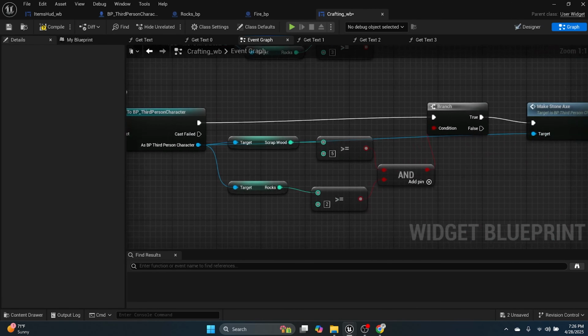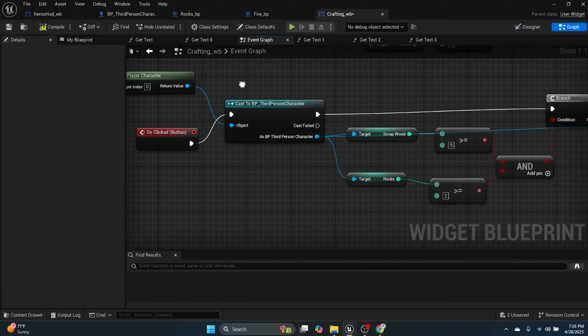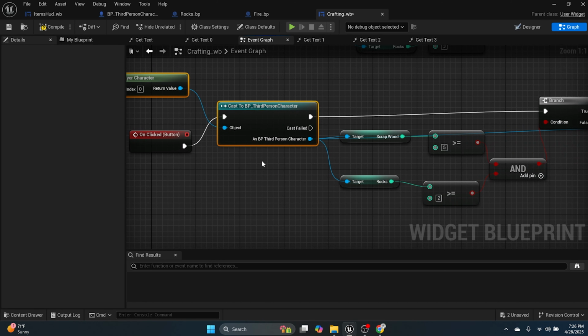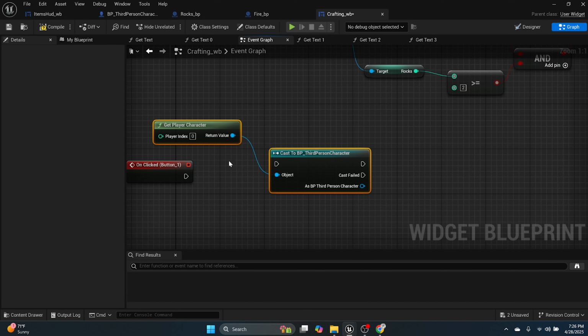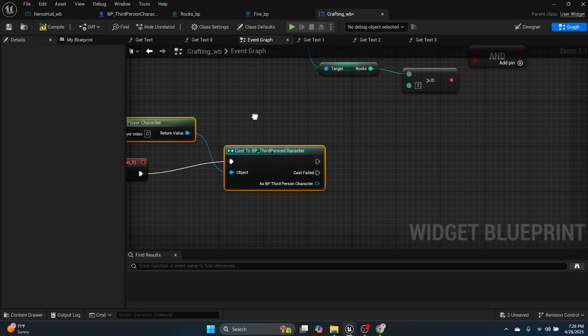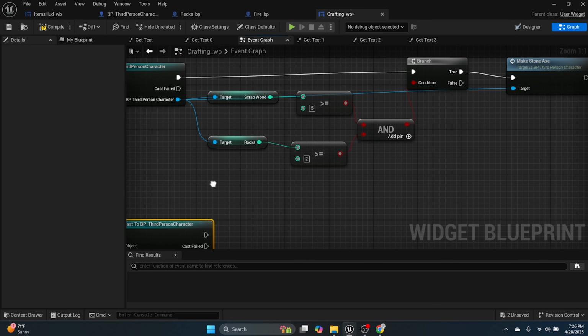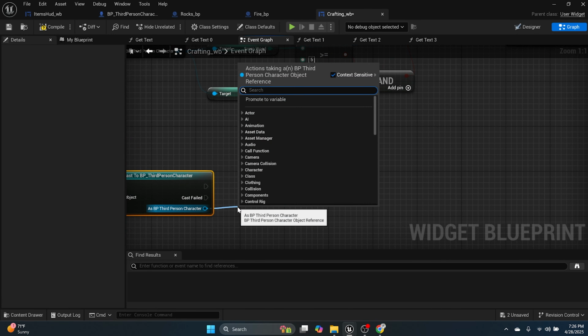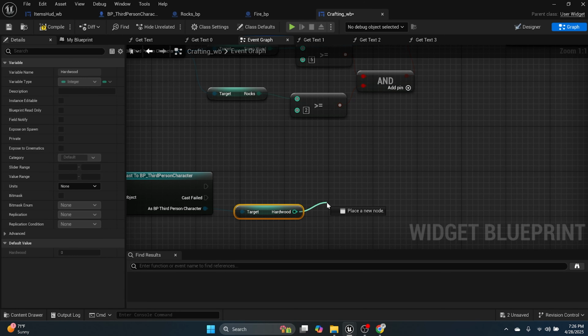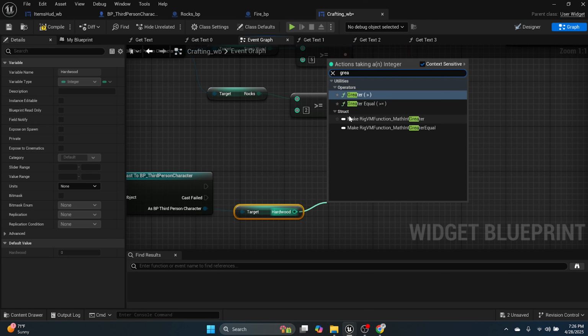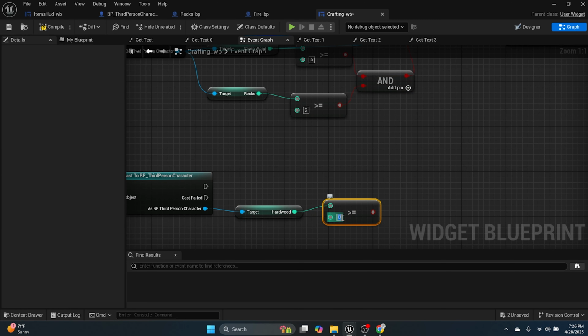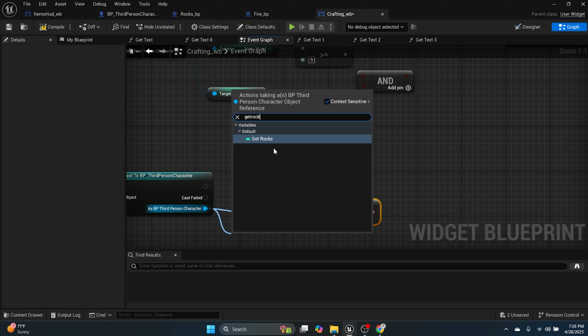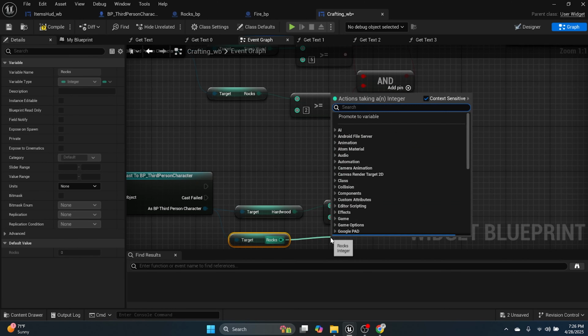Now, notice the other ones up here, it's pretty much the same thing. So copy this, so cast to the third person character, get player character. This time we need to see what he needs for that fire. So he's going to need 5 hardwood. So get hardwood. If it's greater than or equal to 5, then get rocks. If those are greater than or equal to 6,